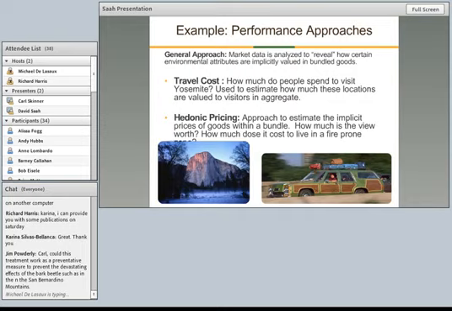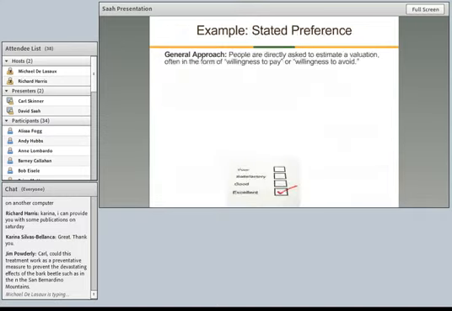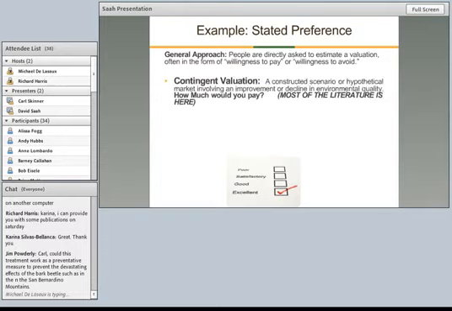Another example is hedonic pricing, and basically the way this works is it's very similar to when you want to sell your house or buy a house. You might have a 3-bedroom, 2-bath house on a court, and you want to sell it, and your neighbor has a 4-bedroom, 3-bath house, and it sold for $300,000. Based off of that price, you could say, oh, each bedroom's worth X amount of dollars, each bathroom's worth X amount of dollars. My house is a little nicer than theirs. And so you could start decoupling what those actual values are and come up with some sort of pricing scheme.